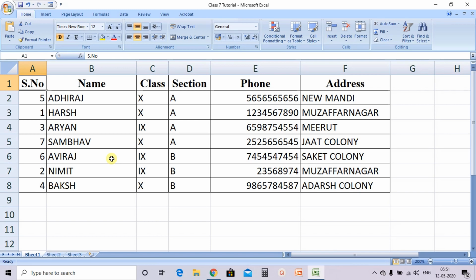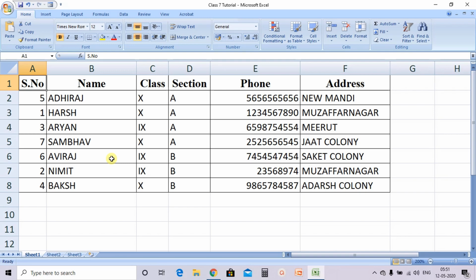Using advanced filter, just now we have done which option? Filter. Now we will cover the advanced filter option. Now what is the difference between this filter and advanced filter? There is not much difference, as advanced filter is a little advanced version of the filter option only. Now in filter, we can just see the specific information. A particular piece of information we can see, and it will hide the rest of the information.